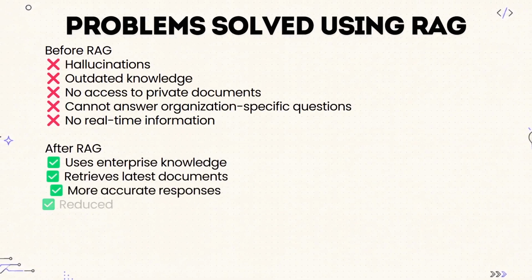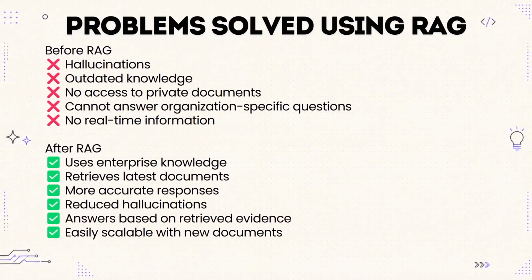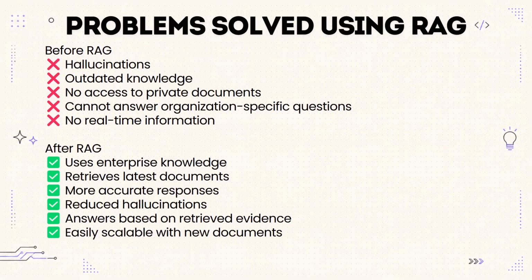Now let's understand what problems are actually solved using RAG. It reduces hallucinations by grounding answers in real documents. Without it, AI cannot answer questions about private data; it works only on data that doesn't contain private information, so it cannot answer organization-specific questions. It is also never real time. For example, if something new came into the picture this morning, you will never get that information. This is where RAG will fail.